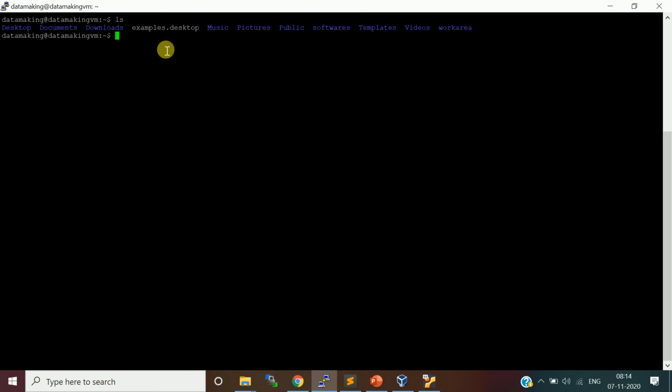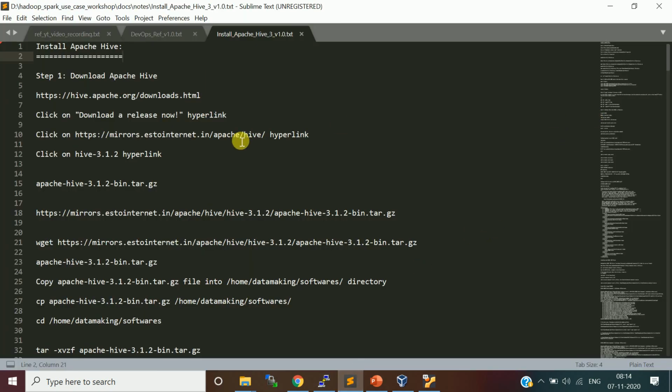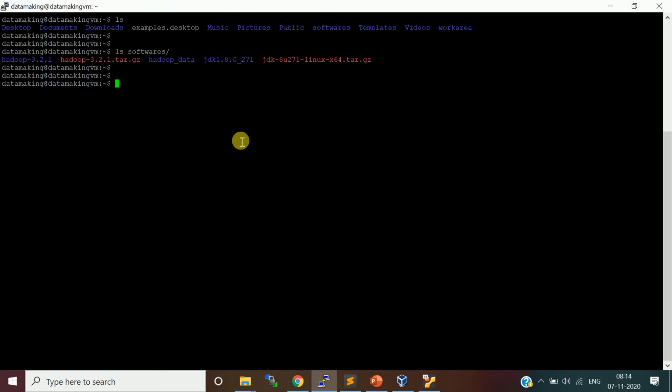Okay, now I have logged into this virtual machine and everything is here. Our software folder is here. In the last class I installed Hadoop, and Apache Hive has a dependency on Apache Hadoop. Before starting the installation, I have all the steps to follow. What I will do is start HDFS and YARN so that I can create a warehouse directory in HDFS.